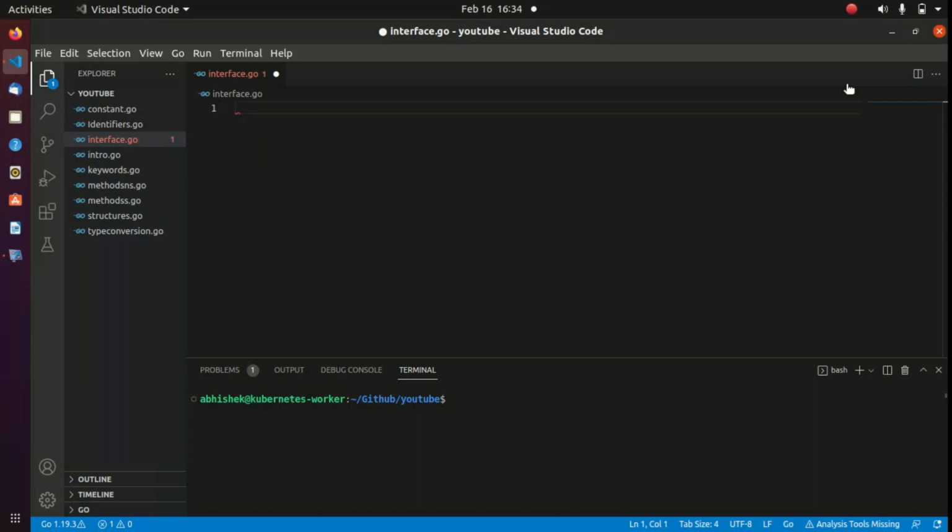Okay, let's take an example of a washing machine. A washing machine can be an interface with method signatures of cleaning and drying. Any type which provides definition for cleaning and drying methods is said to implement the washing machine interface. Okay, I hope this example of a washing machine has made it a little bit clearer for you to understand the concept